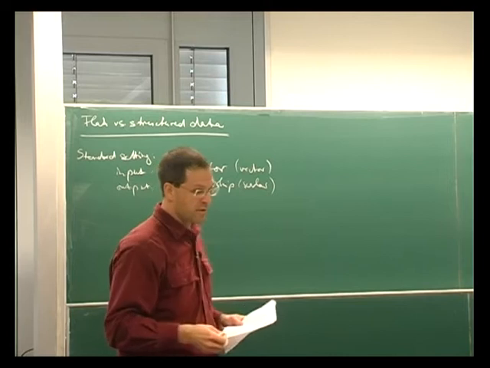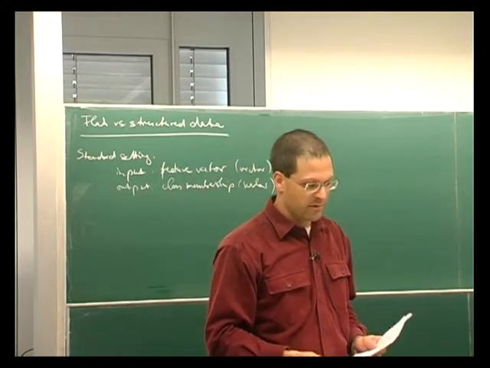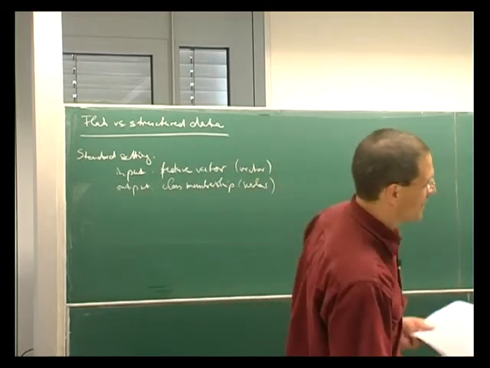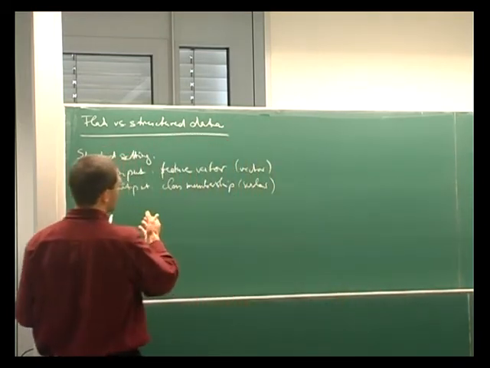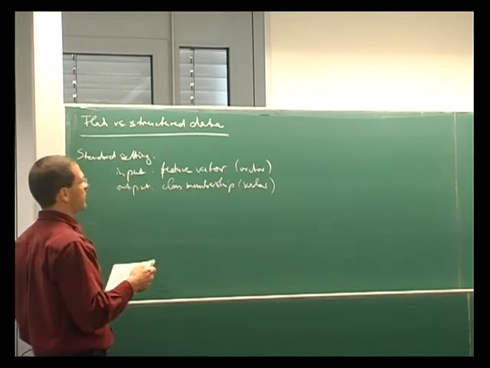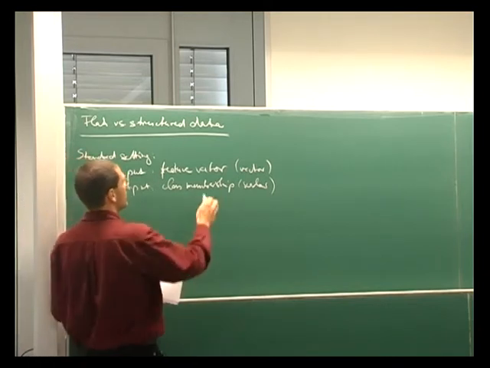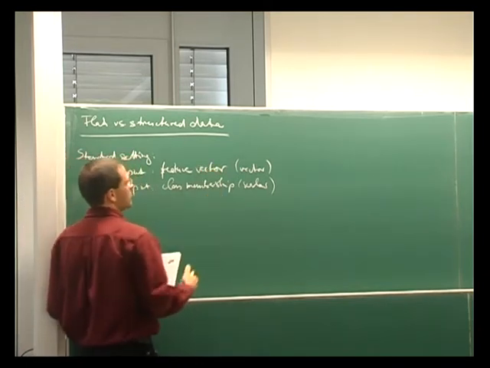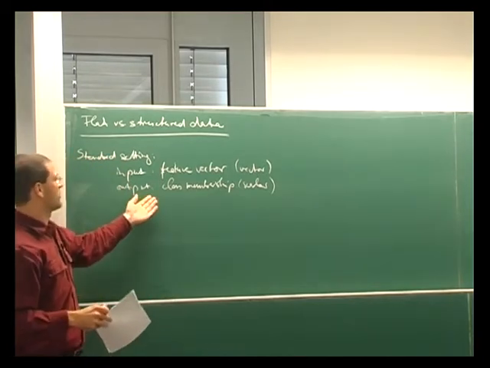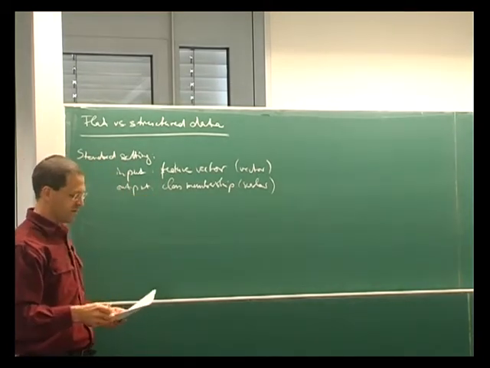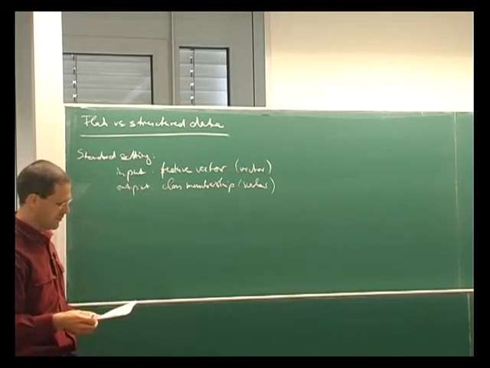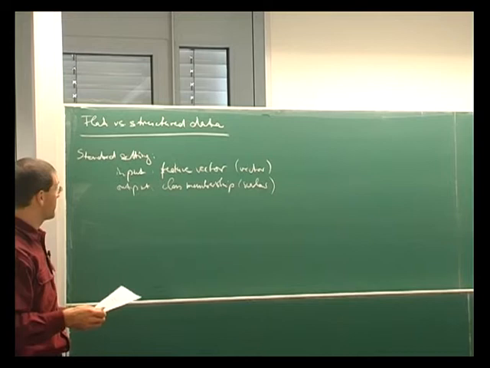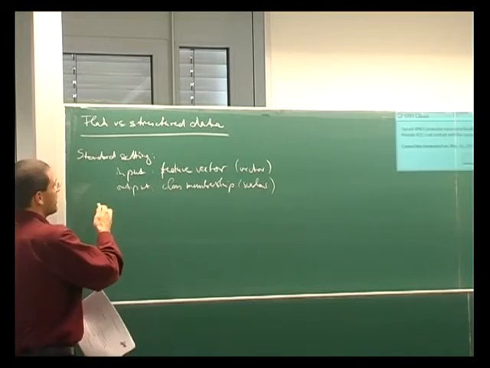And this is the setting that's used 95% of the time. So if you have objects, you try to characterize them in terms of features, and you have a simple quantity that you try to predict, and that's all. And that has been hugely successful over the last 20 years, or even longer. However, beyond that, there is